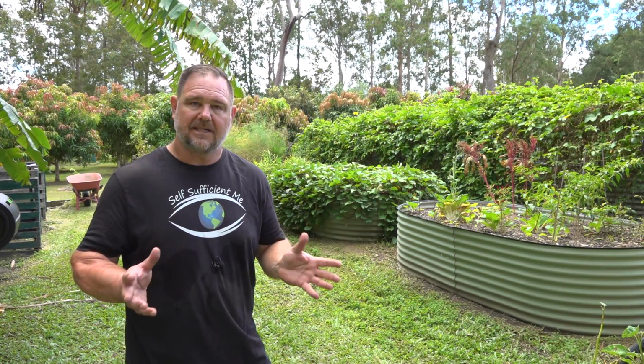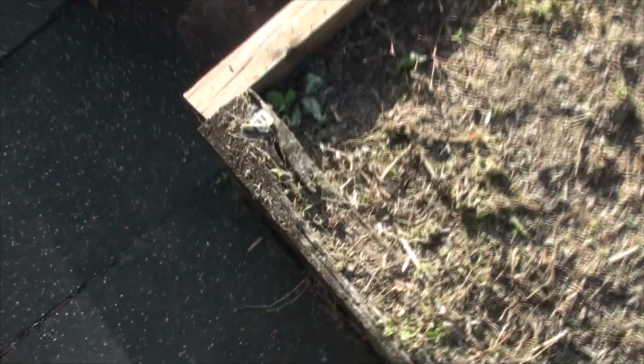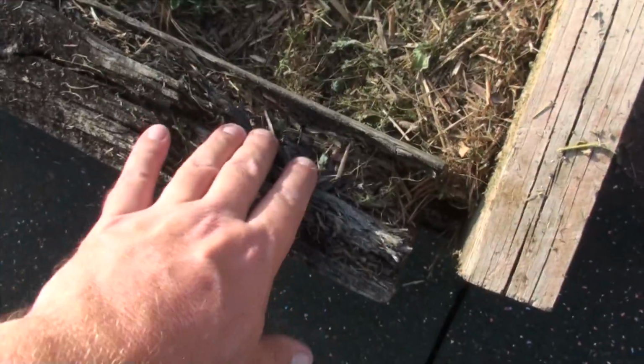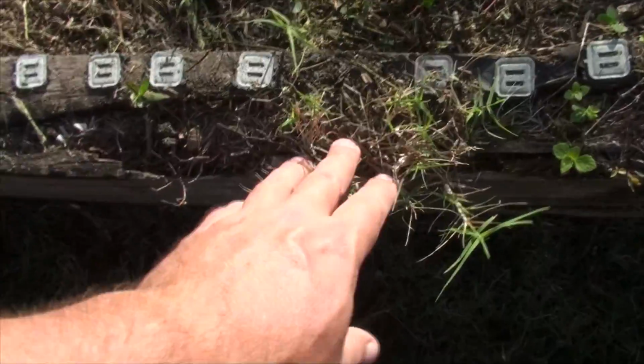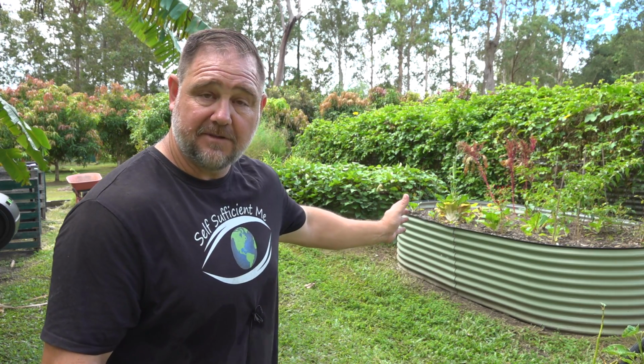But unfortunately, I can't say the same thing for our wooden sleeper beds, which have deteriorated. Sometimes they've only lasted a few years and they've got eaten out, bowed out, broken, weeds grow through them, grass grows through them. They're actually quite expensive when you consider that you have to keep replacing the wood, and they're harder to build, to be quite honest. So I've been slowly transforming our old wooden garden beds into these types of garden beds, and Birdies are the